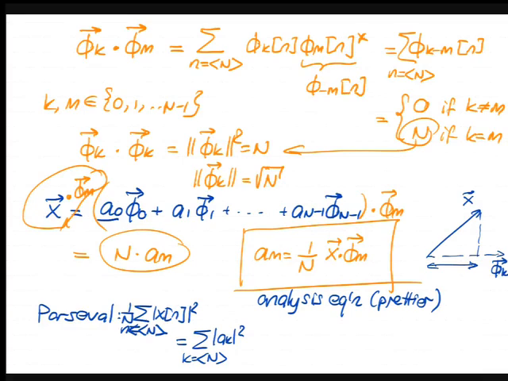The x of n entries squared sum for the vector x, what is that? It's the magnitude of the vector, right? Magnitude squared. What is ak squared? Well, those coefficients a, if I form a vector from them, it's the same vector, right? I just changed the basis I'm representing it in. So of course they have the same length. Why should it change? It's just a different representation of the same vector. That's basically what Parseval is saying. Same length, because it's the same vector, it's just a change of basis.